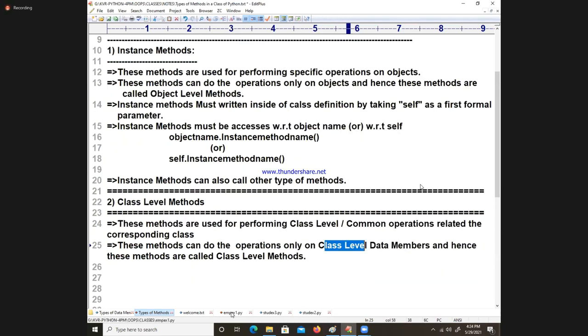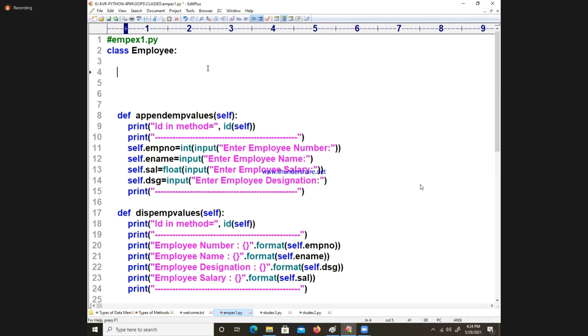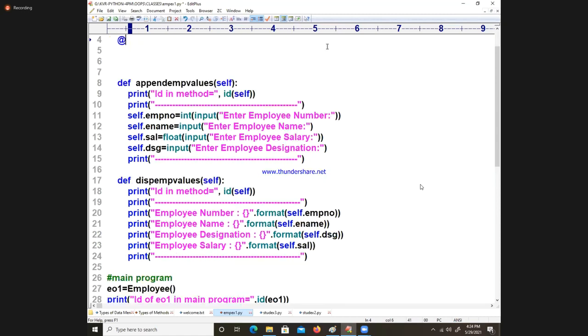Coming to our program here, I am writing one method. If you want to say the method is an instance method, the first parameter is called self. Here, if you want to define any method as a class level method, you must use the decorator @classmethod, as I already told you.